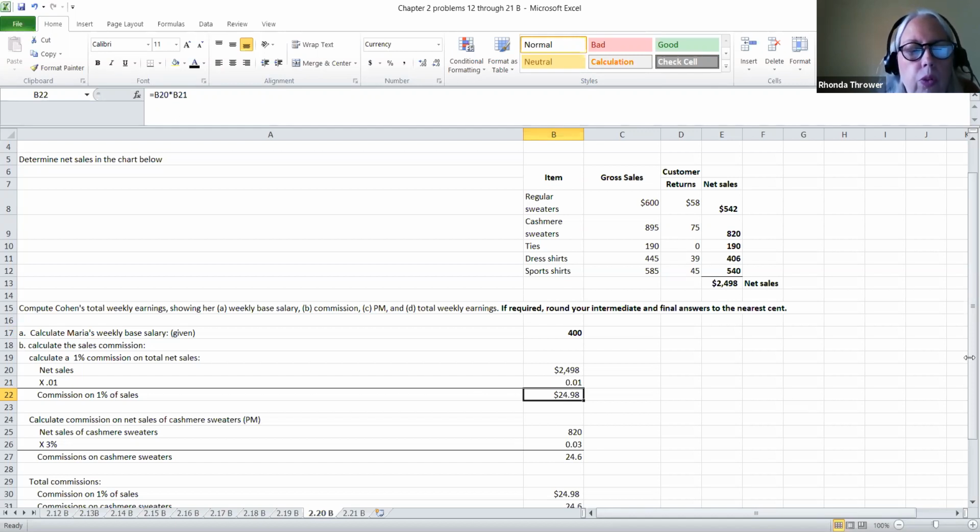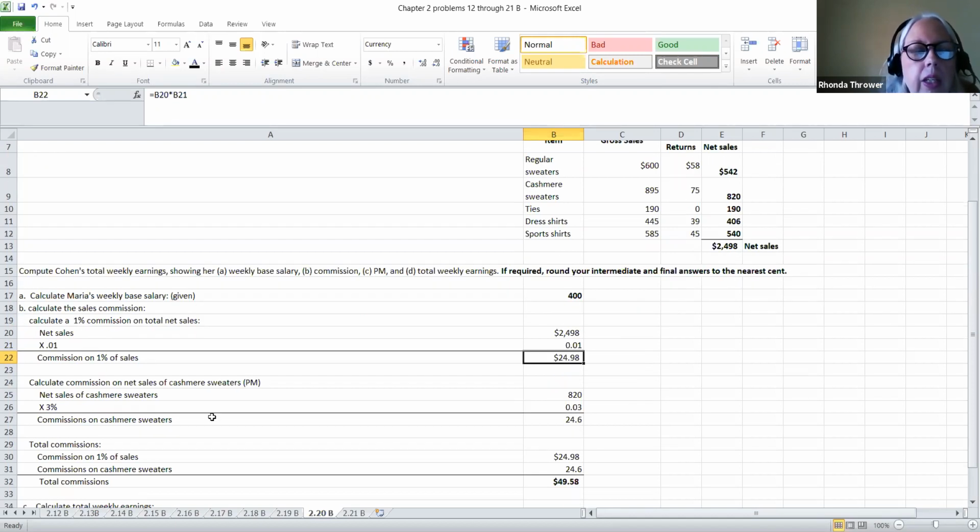Also, this person was given a push money commission for the sale of cashmere sweaters. The net sales of cashmere sweaters came from the table. $820 right here is your net sales. We're going to multiply that by 3%, her commission rate on the cashmere sweaters, and that gave her a commission of